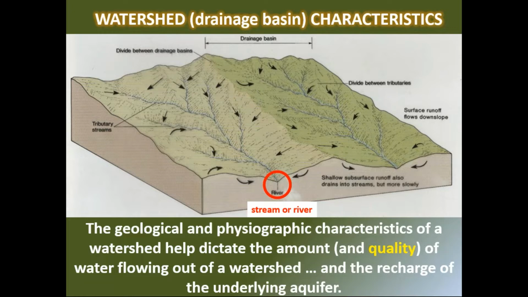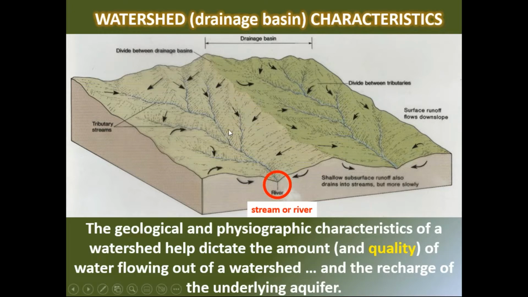Okay, let's spend a few minutes and talk about watersheds, also known as drainage basins, because the geological and physiographic characteristics of drainage basins are really important, and they dictate not only flooding on a local or even regional scale, but also the amount of water that flows out of these drainage basins via streams or rivers. It also dictates how much the underlying aquifers are recharged, how fast they are able to be recharged,